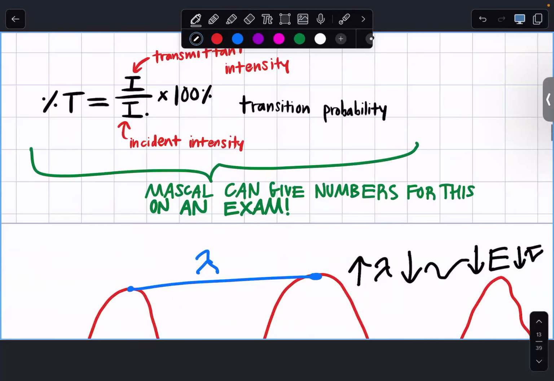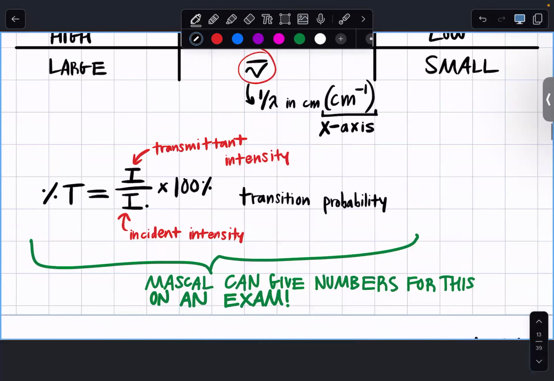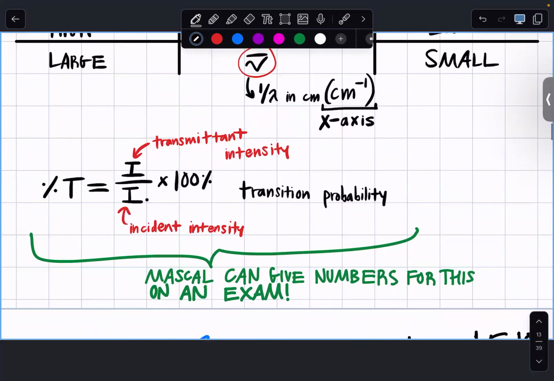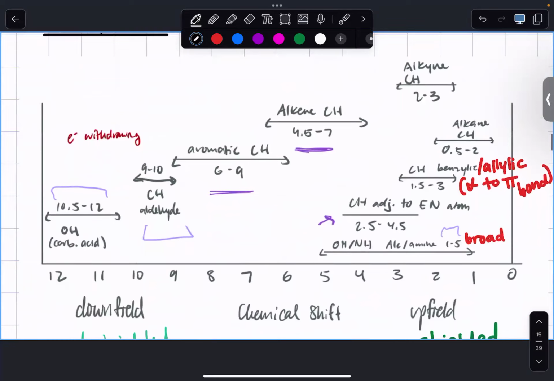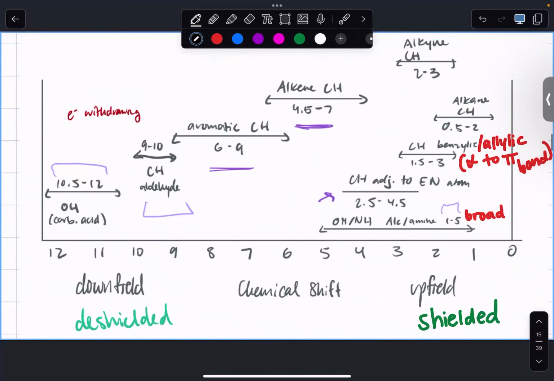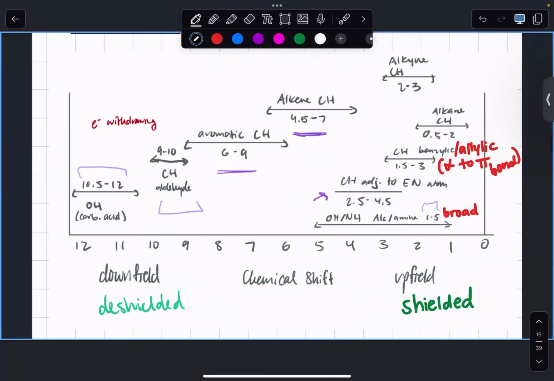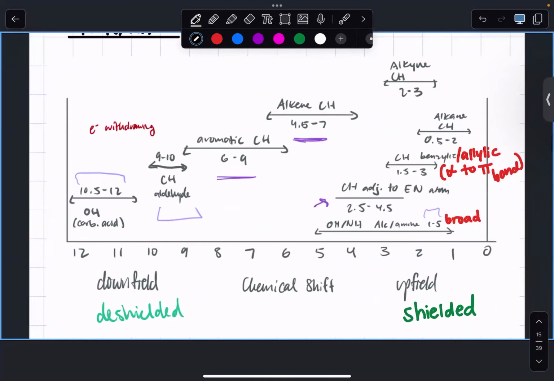Let's see. Transmit intensity, incident intensity. Okay. So here's the HNMR graph and its common